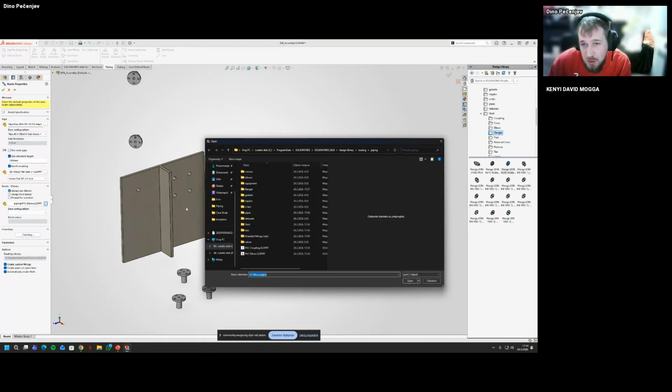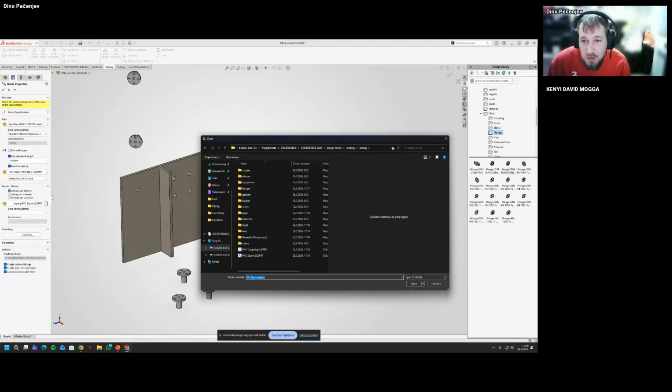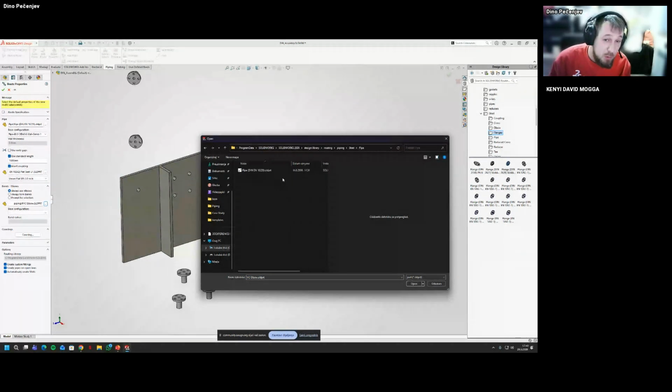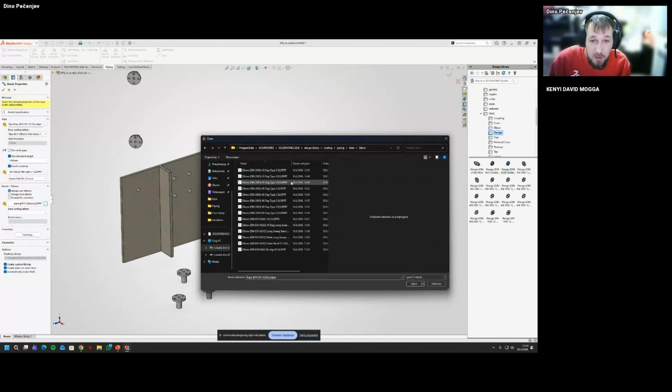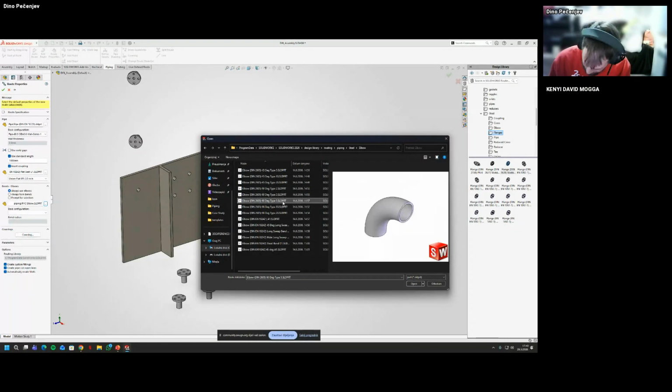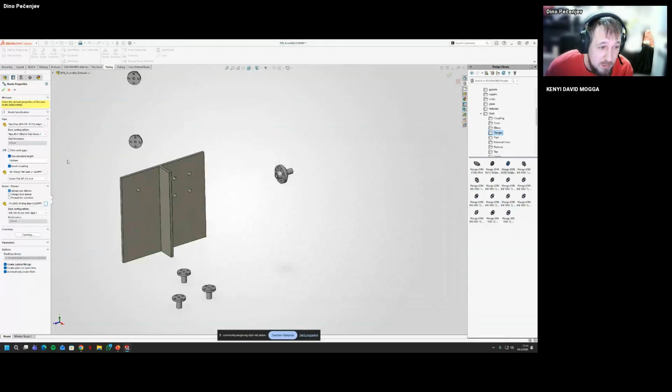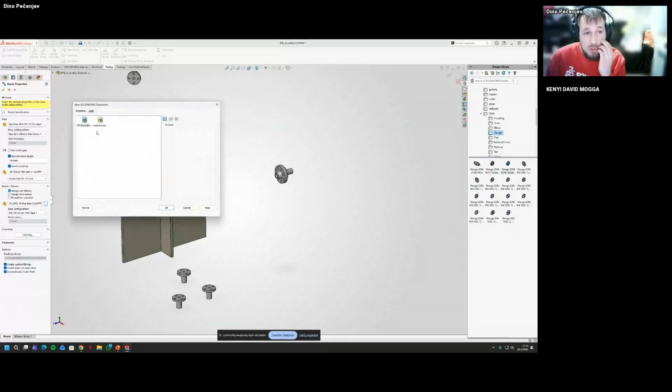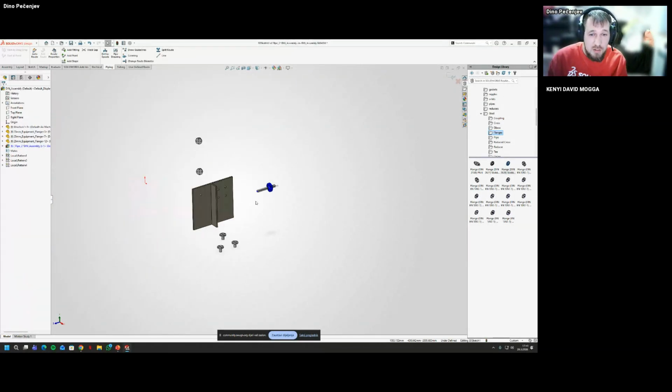For the elbow, again, we need to set it. Instead, we could have used the specification template for this type. So this is going to be type 5. It has the correct configuration. I'm going to use the default one.